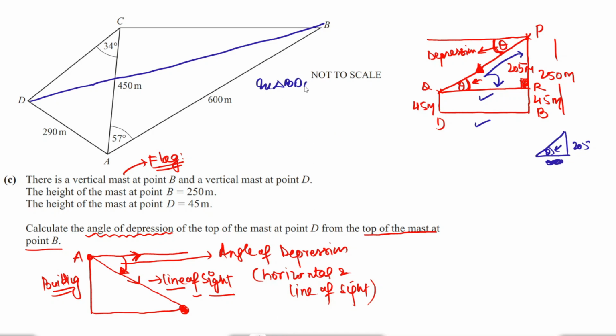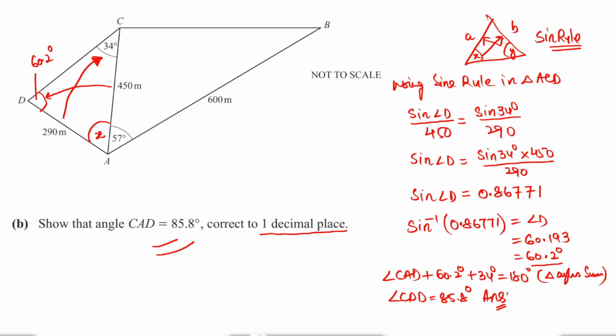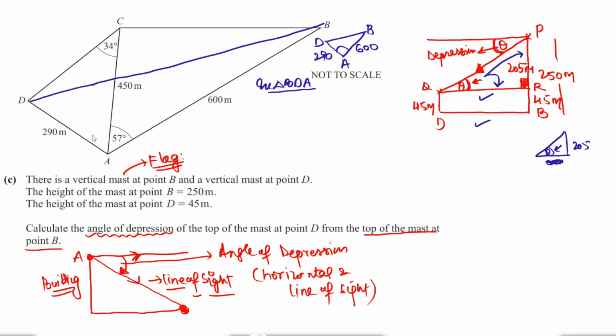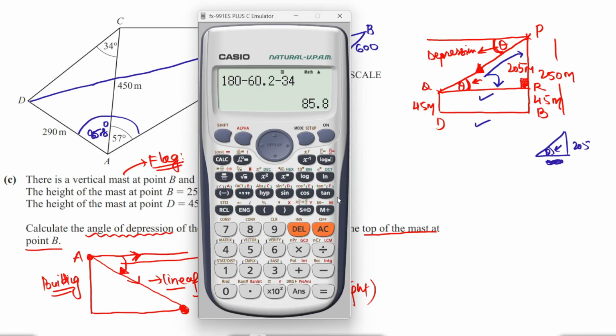In triangle BDA, if you have not understood, you can draw a rough diagram here like this. This is B, this is D, this is A. So we're looking for BD. This is 290, this is 600, and we need to find the whole of angle A. This part had been found in the previous section, 85.8 degrees. So this whole angle comes out to be 85.8